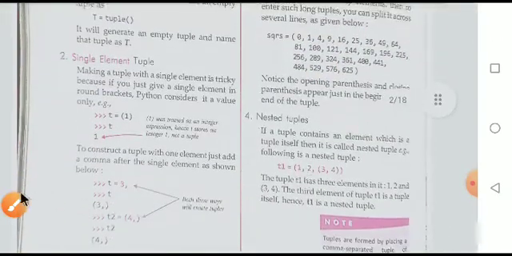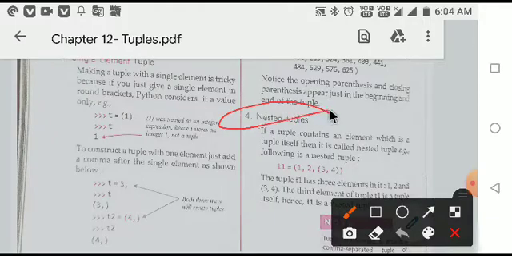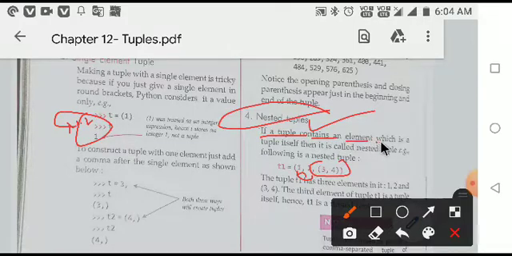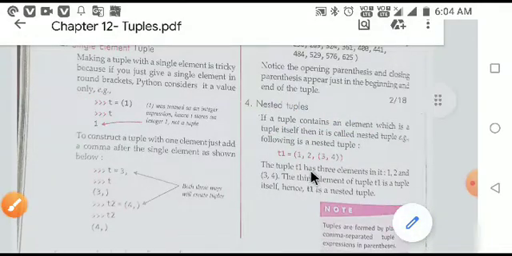Okay, nested tuples. You also understood the previous nested list. Similarly, nested tuples: if a tuple exists in the body of a tuple, if a tuple contains an element which is a tuple itself, it is called a nested tuple. Okay, the following nested tuple is an example. Have you seen it? Okay,